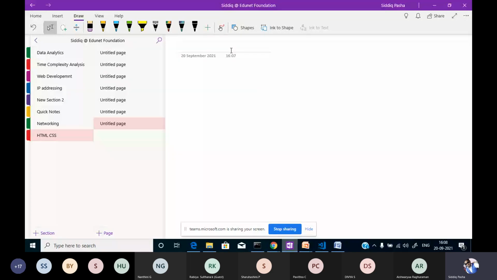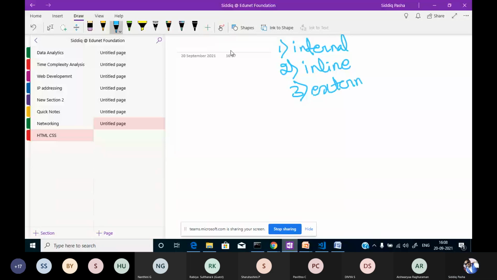We also saw the different types: we can apply the styles internally, inline on that line particularly, and externally from a file, by specifying the URL of the file using the link tag.